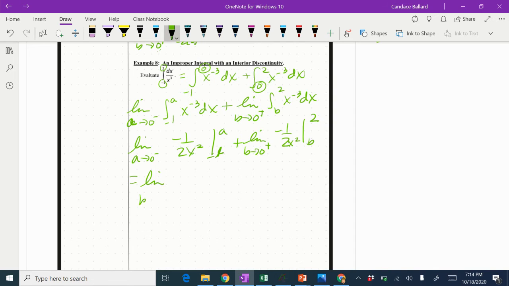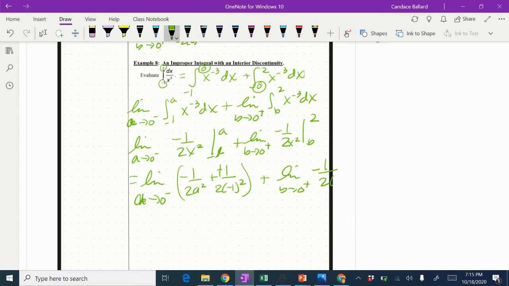So I've got the limit as a approaches 0 from the left of -1 over 2a squared minus -1 over 2 times -1 squared. That's going to go positive, plus the limit as b approaches 0 from the right of -1 over 2